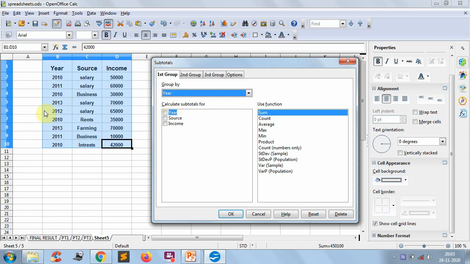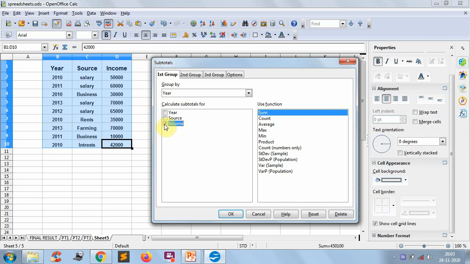After making the groups, we find the subtotals of income. I want the total income for each group: 2010 group, 2011 group, 2012 group, 2013 group. So that's why here, calculate subtotals for income.